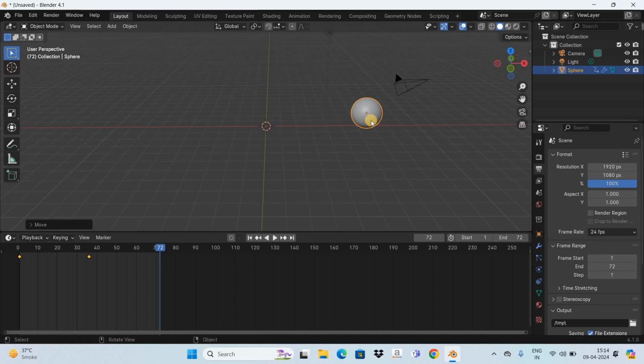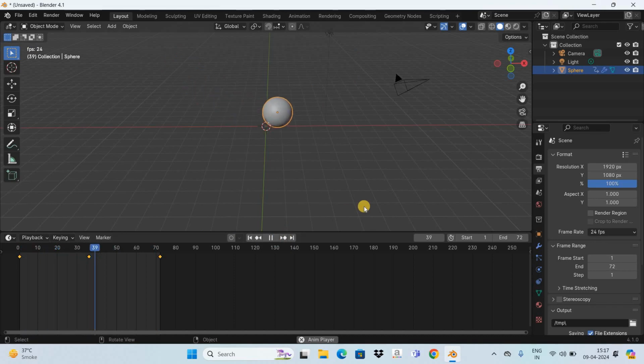And once again grab the sphere by pressing the letter G on the keyboard and this time activate the z-axis and now move the sphere upwards like this. Perfect. Next, you need to insert a keyframe. So press the letter I on the keyboard and this will insert a keyframe at the last frame, that is the 72nd frame in the timeline. And we are done. And so now if I play this animation for you,